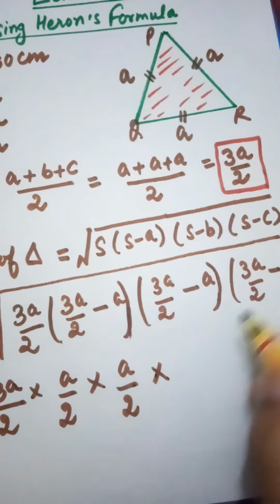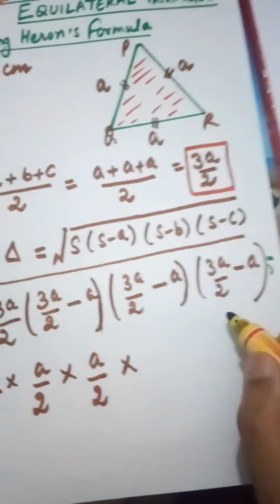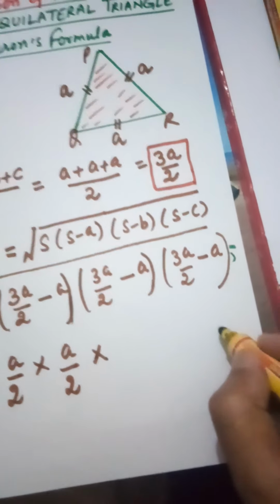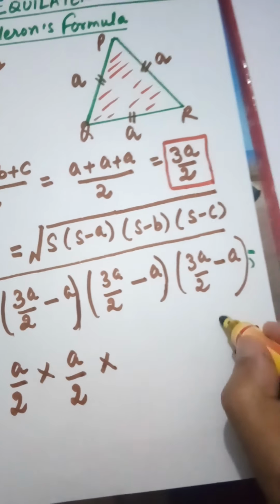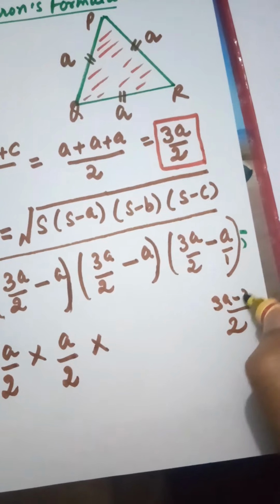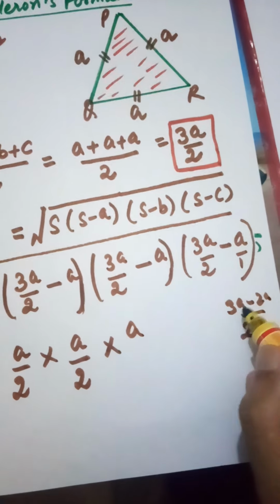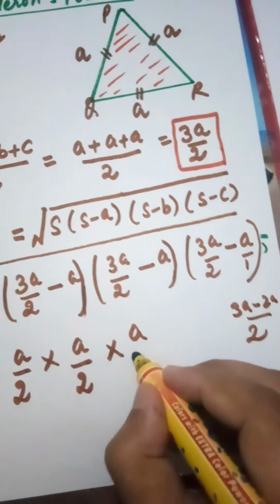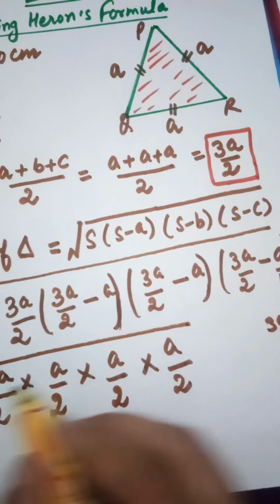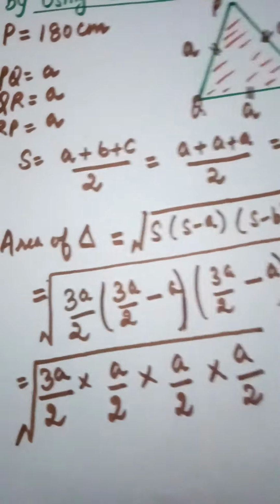Children, I am taking the LCM here. One step I'll show you for that. The LCM can be taken like this: 2 is the LCM. So 3A, and now 1 was here, so 1 to the 2, 2 into A is 2A. For that only I am subtracting: 3A minus 2A is 1A. That means A upon 2. Okay, so the LCM I have taken and now I have got it in the root.